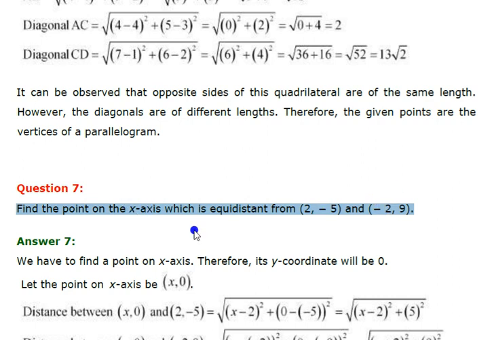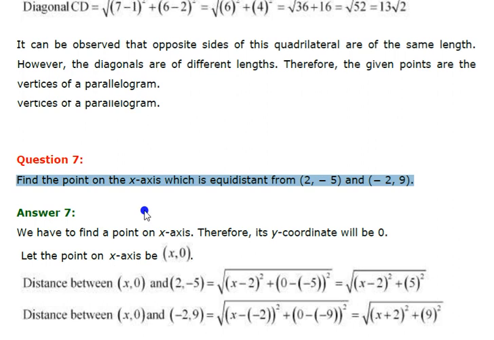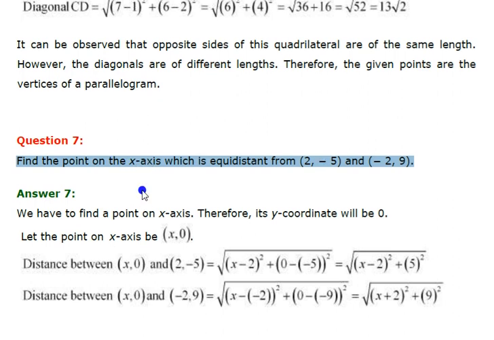So this AB and AC are equal because it is equidistant from the x point. Now one more thing: if the point is on the x-axis, then what is the value of y? If the point is on the x-axis, then y is 0. So this point we can consider as (x, 0), because in every situation,